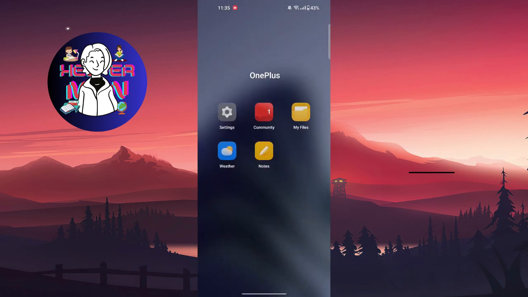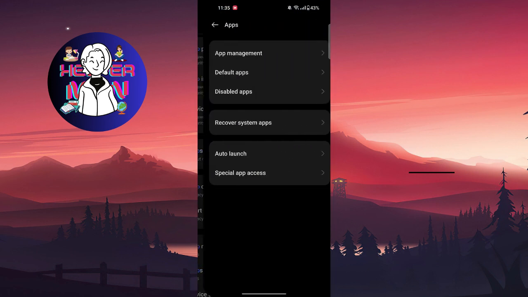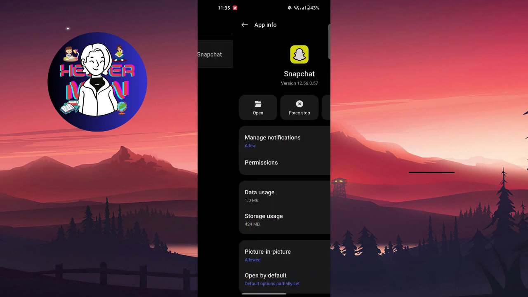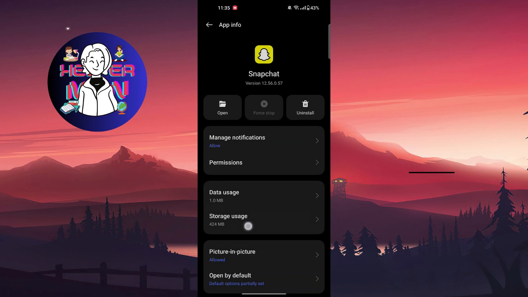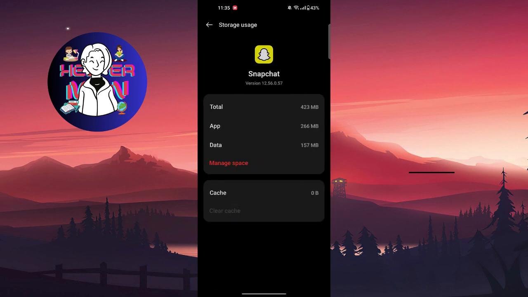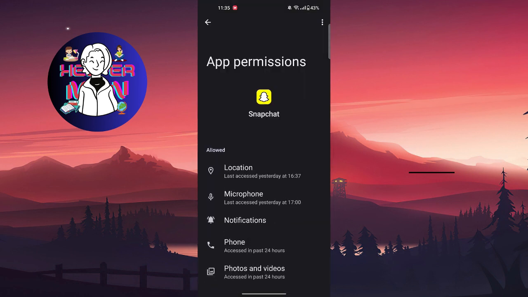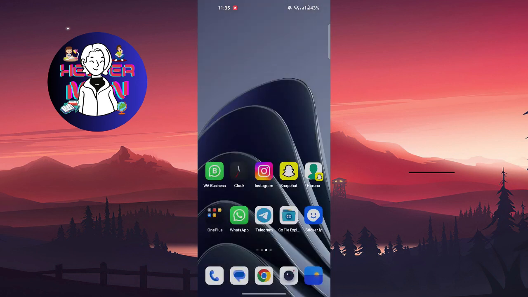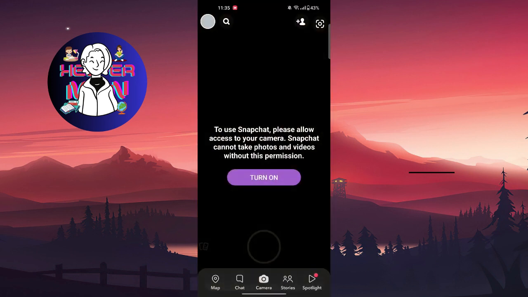Or else go to settings, search for app management, and from there search for Snapchat. Now choose force stop, go to storage usage and clear the cache, go to permissions and make sure you gave all permissions to Snapchat that it requires, because it can also cause some problems and you don't want them. So after this it should work, but if it still doesn't work, you can also